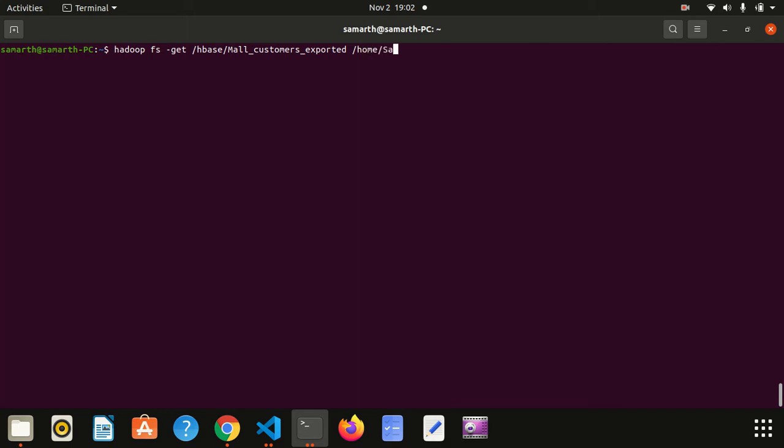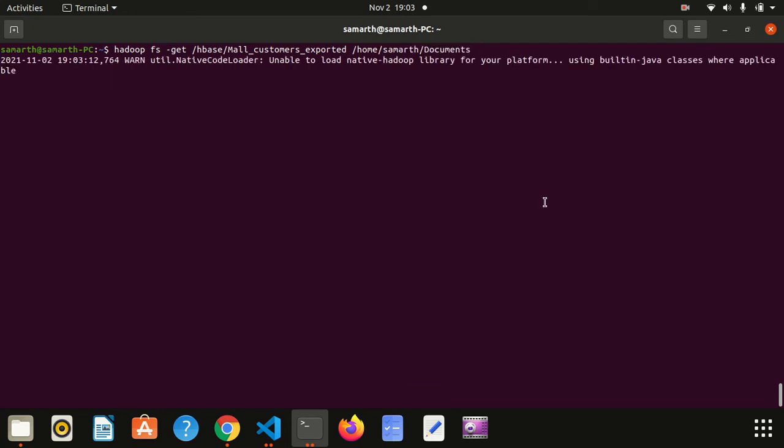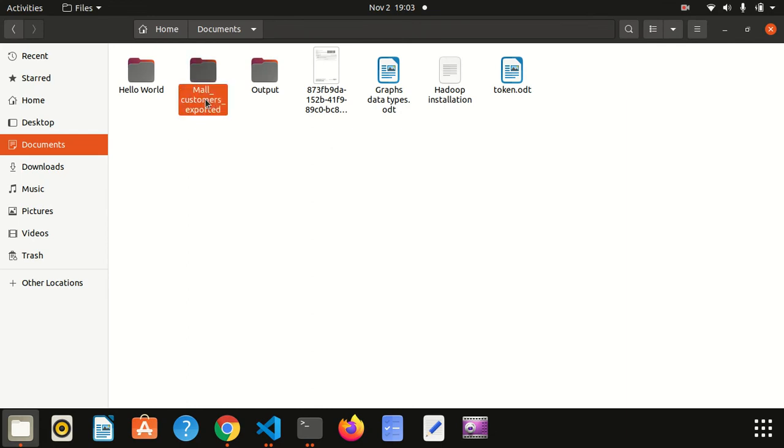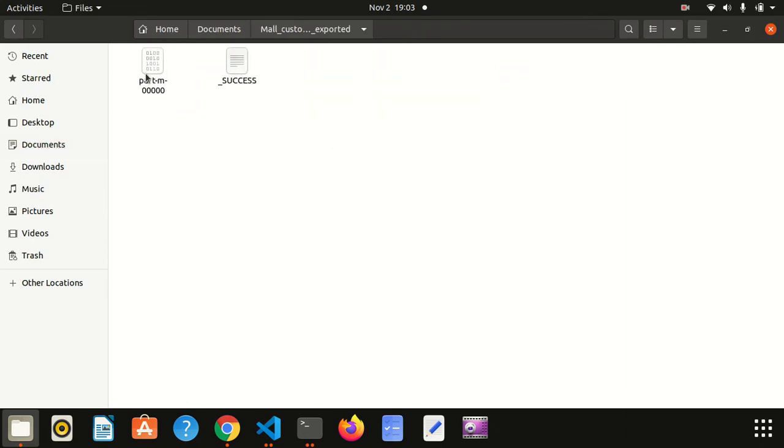I will be storing it in documents. You can go to your documents. So my mall customers has been exported from HDFS to the local file system.